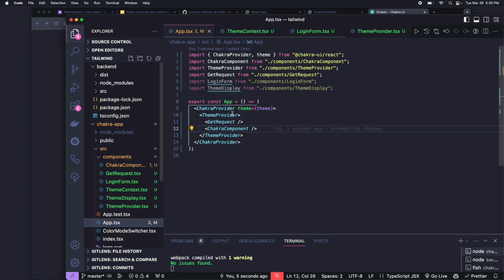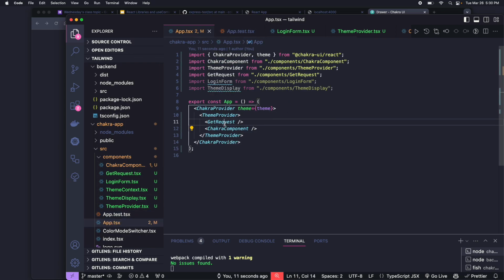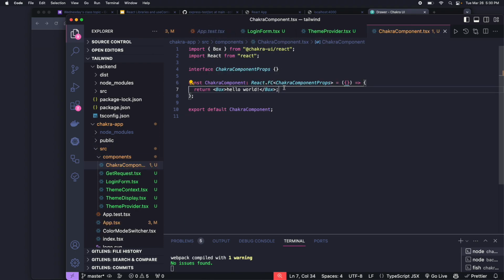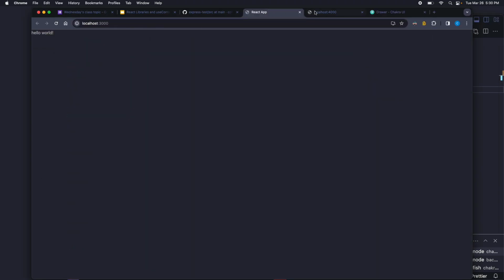You don't actually need that one yet. So Chakra component is just what I called my component that I'm exporting. And we can build from these. So their box, this is just a div. So over here, if I go to where I'm serving the site,